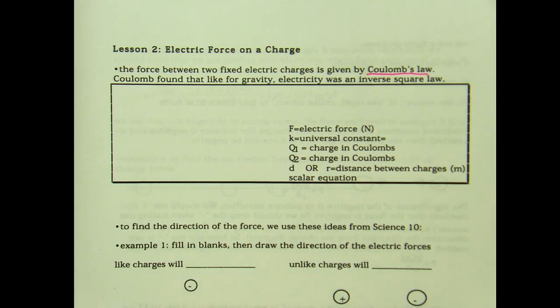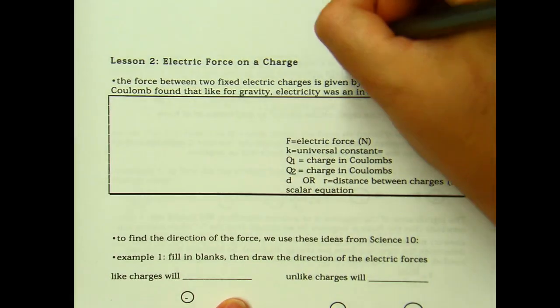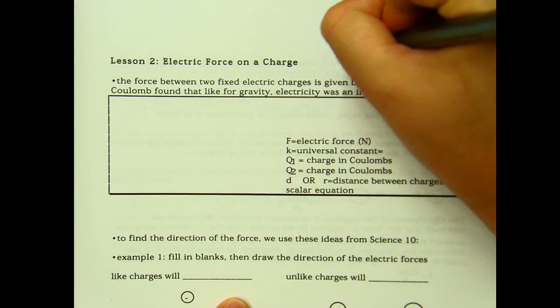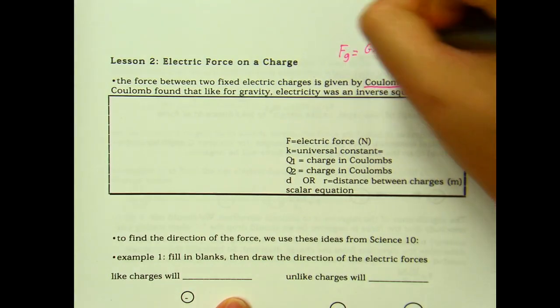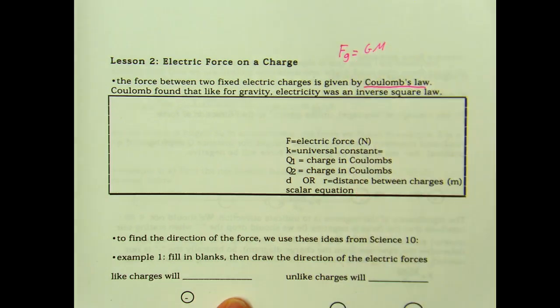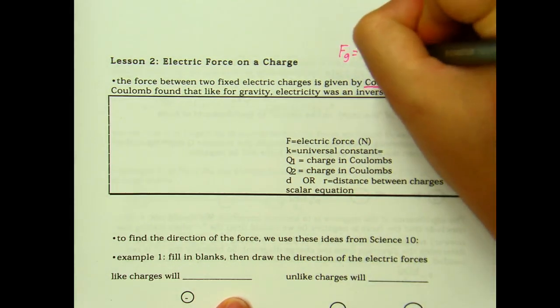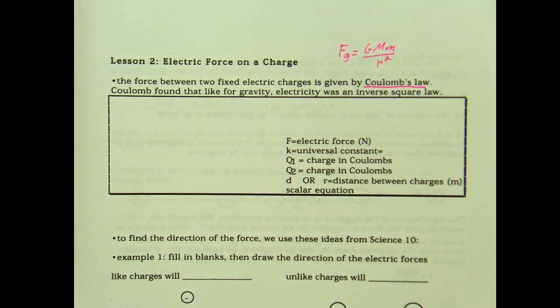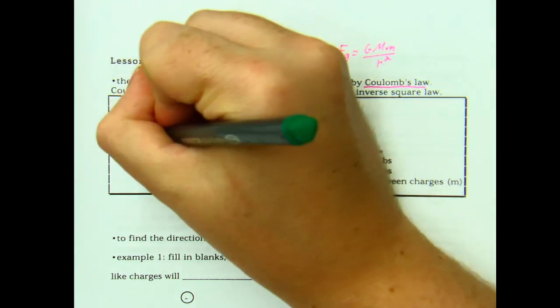So I want to remind you what the formula for gravity looked like. We discovered that Fg was equal to G, the universal gravitational constant, times the mass of one object times the mass of another object, divided by the distance between them squared. What Coulomb discovered is that static electricity has the same kind of force law, where the electric force,